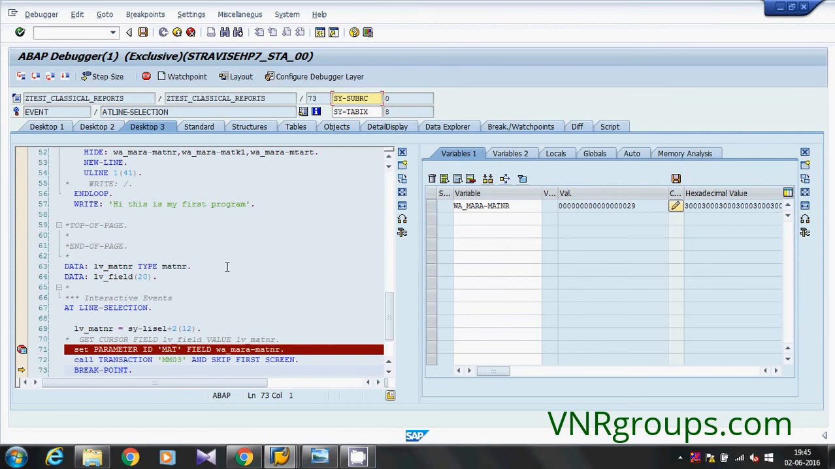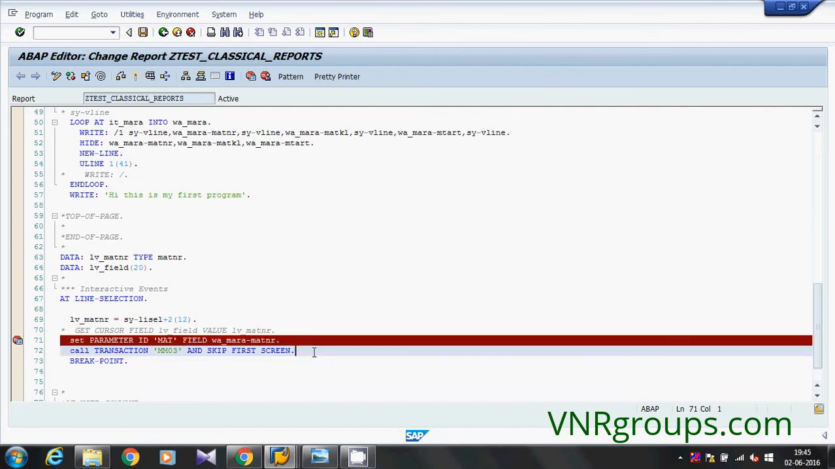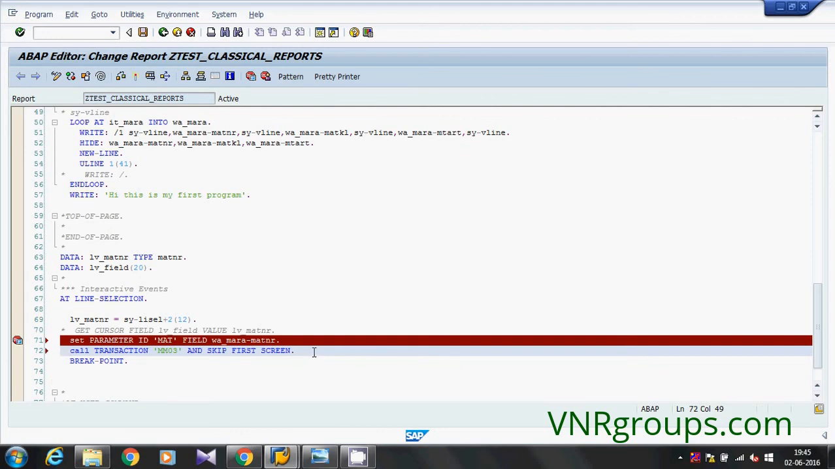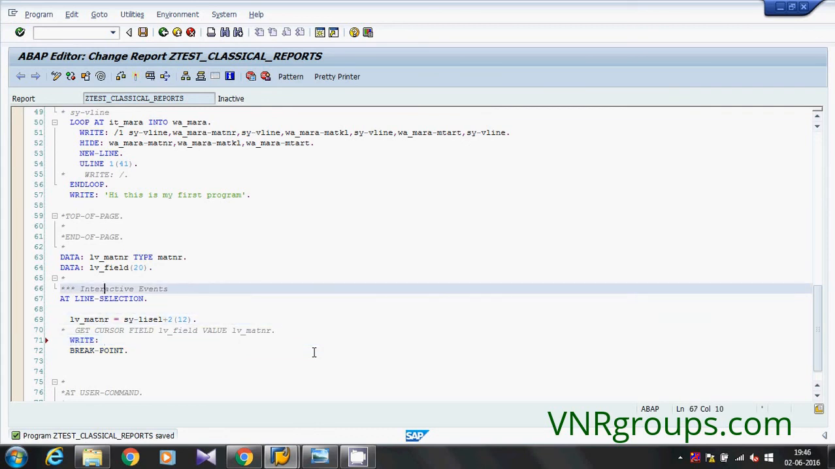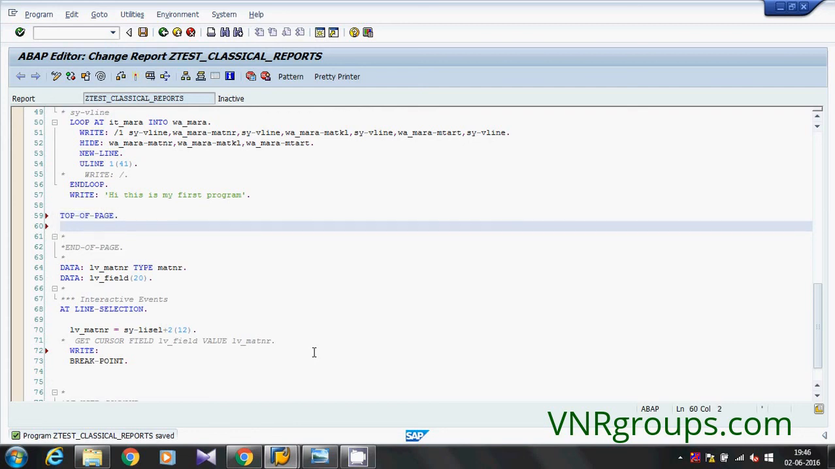So let us do one thing. Let us display some other values here. Then a new list screen will be called. We can identify it by activating the top-of-page event. Write 'my first page'. Here I am simply writing 'my', let's think that we are displaying the value that we have selected,